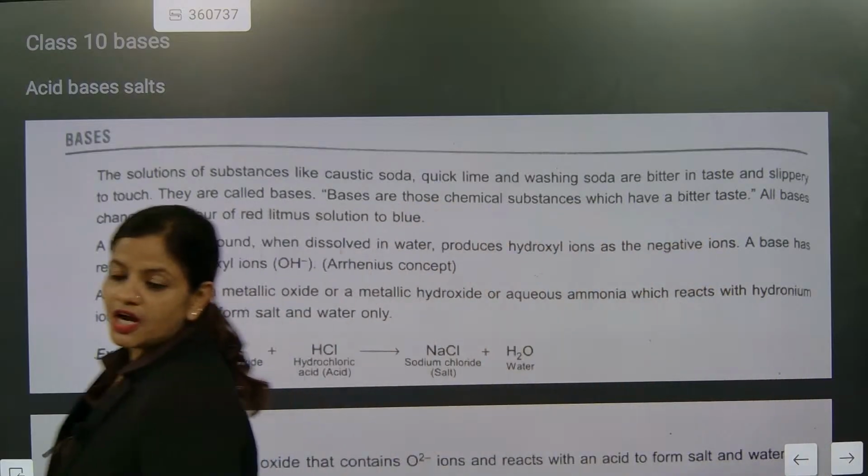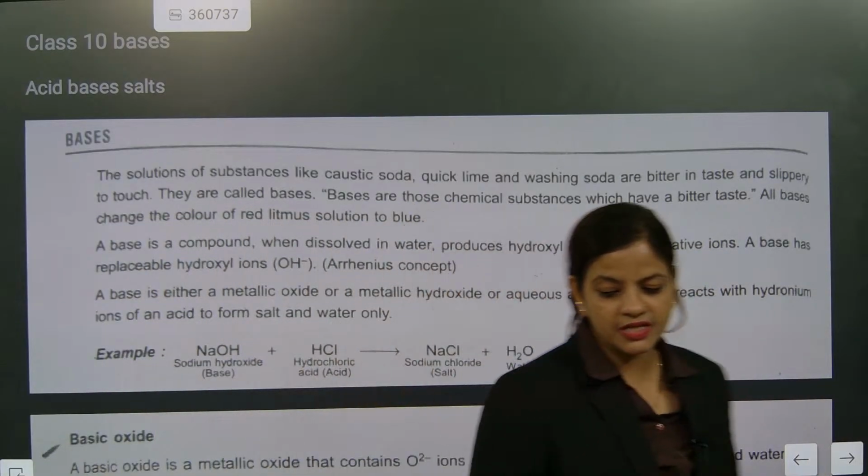Now, listen. We are going to start bases. See, there are two different types of bases. As we know that,